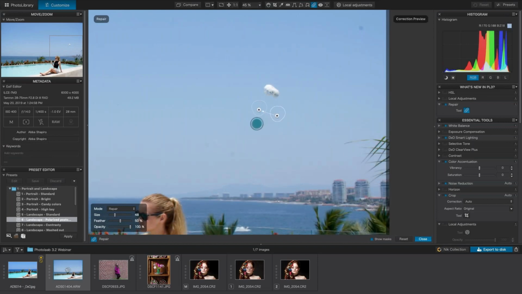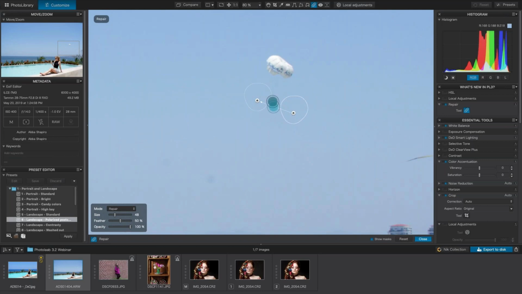And as soon as I let go, you'll notice I now have these white edges so I can see exactly what's going on. It guessed that this would be a good area to use to take the texture and the hue and try to create a natural blend, which is really nice. It's not a direct copy because it's the repair, it's a natural blend. If I was really picky, I could see those, hopefully that shoot's attached, but I'm going to again paint over this area